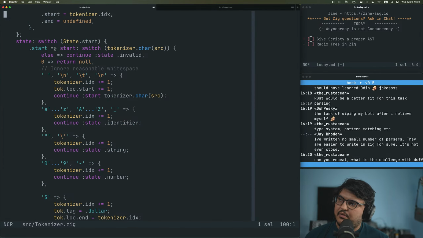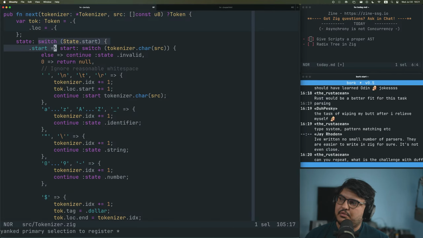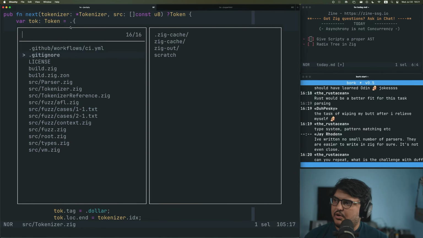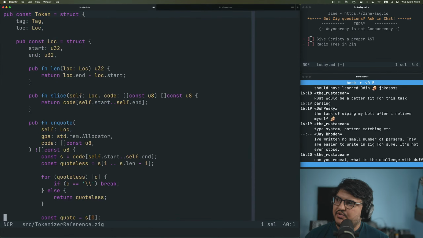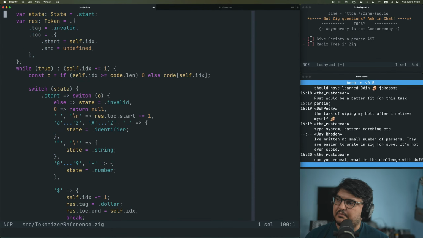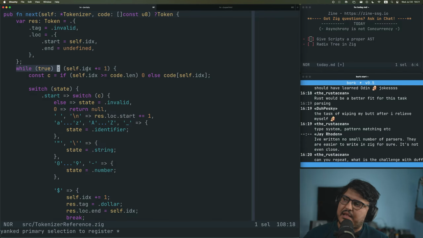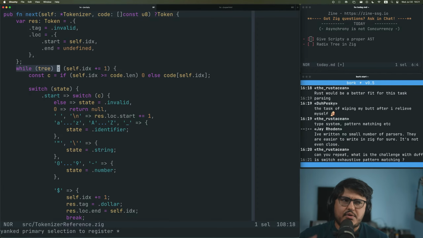You have this thing which is called a label switch. The idea is, when you do a switch, let me show you what the old version of this was, which is normally what you would do in most languages. In most languages, you have a while loop, which could be while true, and then you increment, and you have an exit condition inside, or it could be while the index is not at the end of the string. So you have some minor variations here. But the idea is